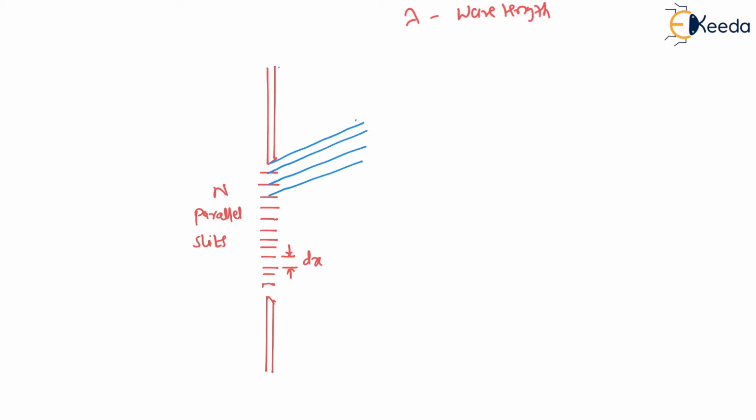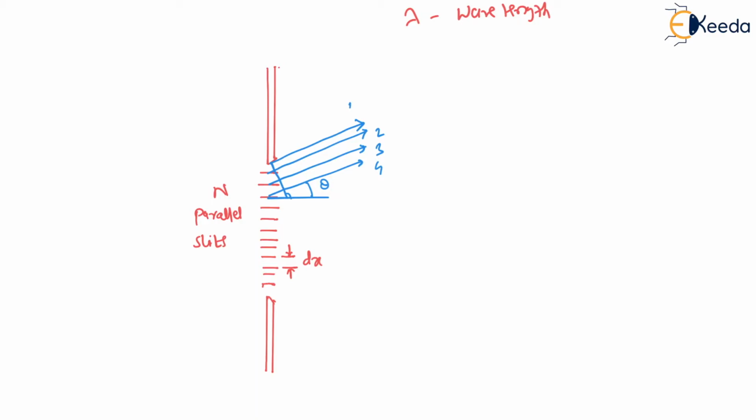or the secondary wavelets. This is first, second, third, fourth, and so on. And again, as we all know, there is the initial phase. So this is theta, the initial phase, and it will be equal for all the rays. Now to find the path difference, what we have to do is normally draw one perpendicular from this particular point. So this perpendicular will give you the distance between these two lines.